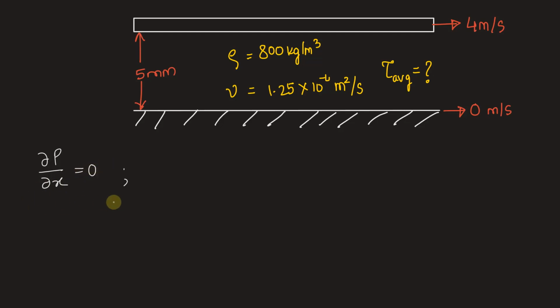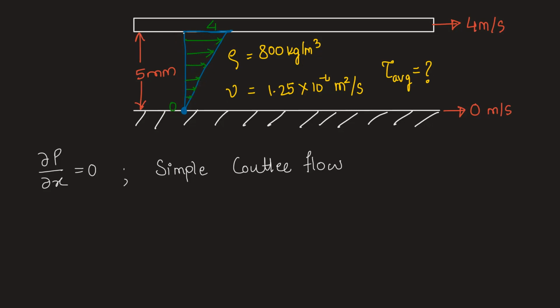So as per this given information, we can say that this flow is nothing but a simple Couette flow and the velocity profile from top to bottom is linear. At the top we have the maximum velocity of 4 meter per second. Whatever is the velocity of the plate will be the velocity of the top layer as we assume the no slip condition, and it will linearly decrease towards the bottom and attain zero velocity at the bottom due to no slip. So this value being 4, this being 0, we have a linear velocity profile. Let's just mark the direction of the velocity.